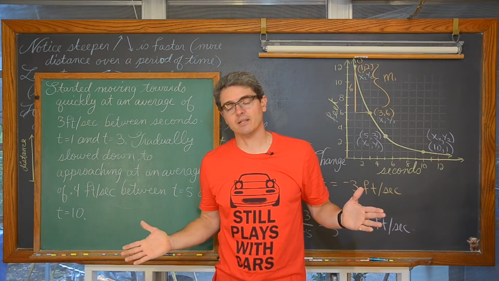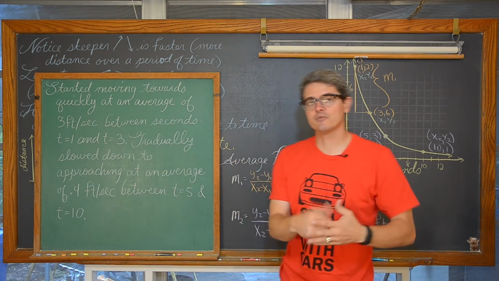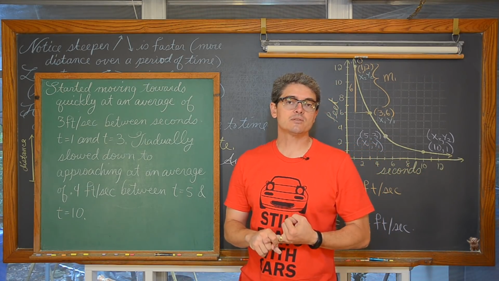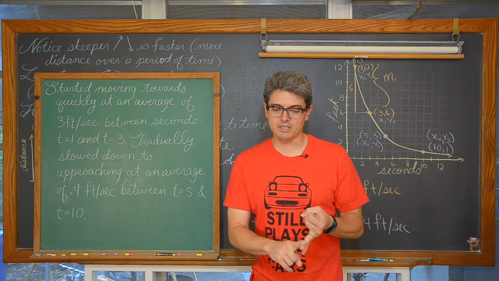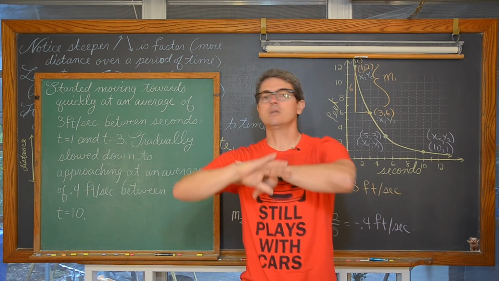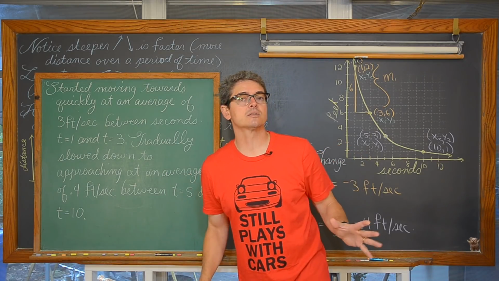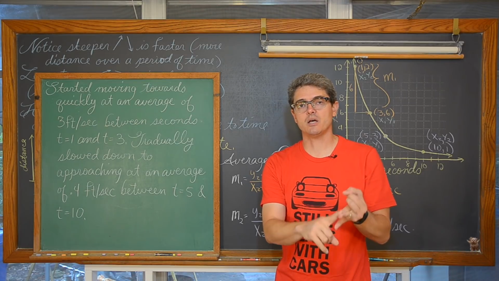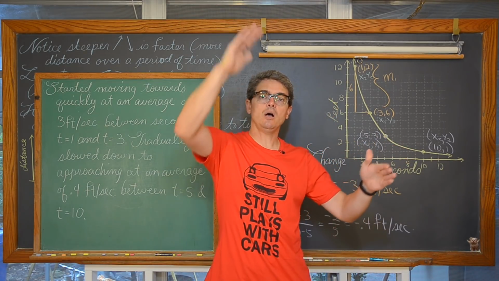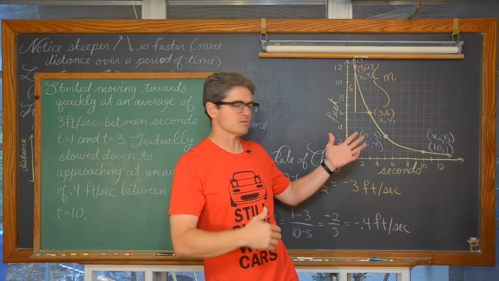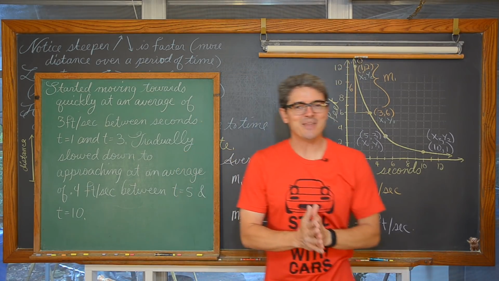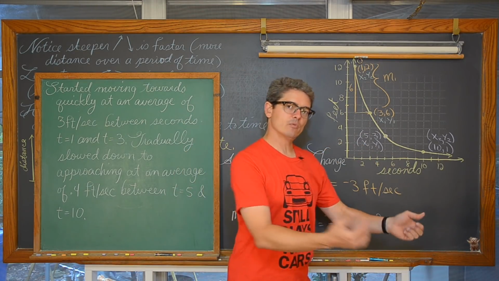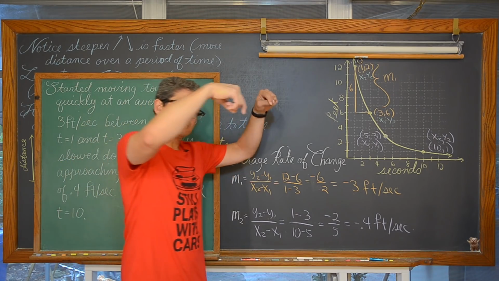And that is the end of my last example. I hope I've helped you understand the difference between speed and rate of change. Coming up later in some of your math classes, you will be comparing speed to velocity. Rate of change is just any change of y over the change of x. Velocity is like speed, still distance over time, but if you're moving to the right or up, you're going to have a positive velocity. In this case, we would be talking about moving away from something. And if your velocity is negative, then you're moving towards something, or in higher level classes, maybe that's a movement to the left on an XY coordinate system, or down.